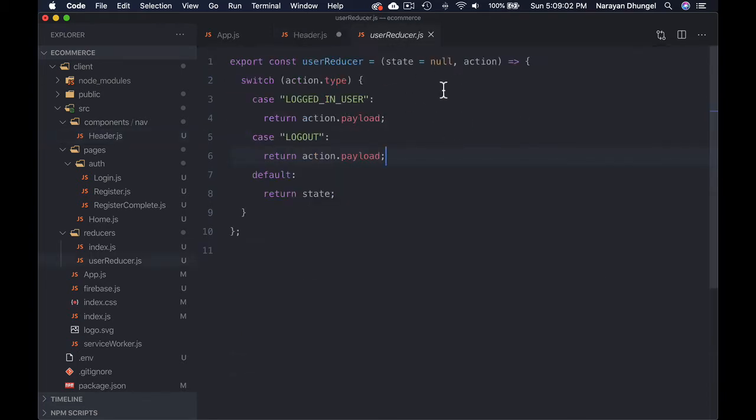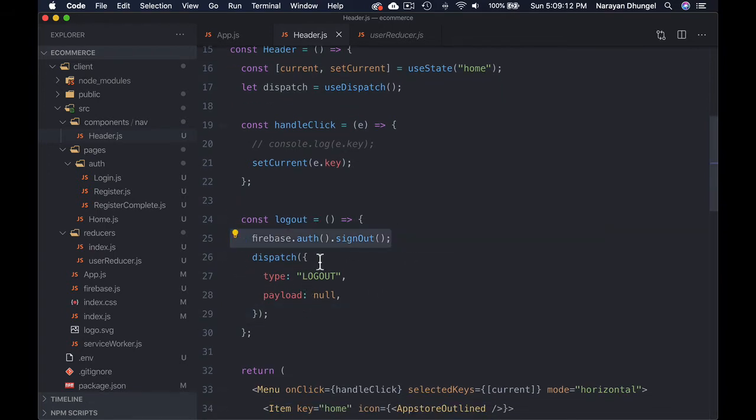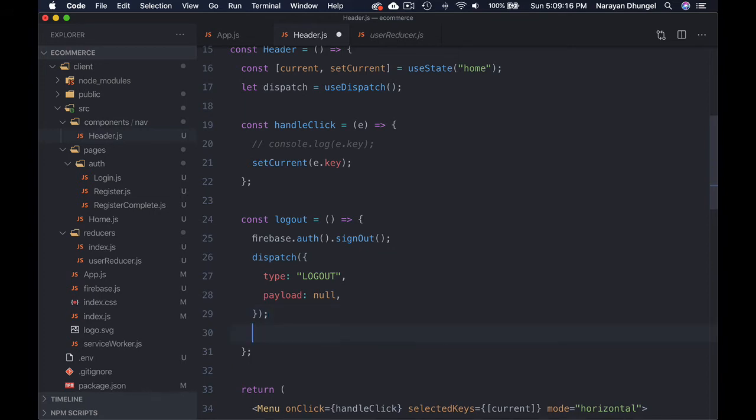Before we had the user, it was null, but now when we log out we also want to set it to null. Right, perfect. So we sign the user out from Firebase, we dispatch to the Redux store to make it empty, and then whichever page the user is at the moment, maybe you want to force them to go to the login page. You can do that using history.push